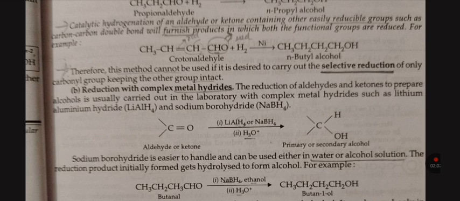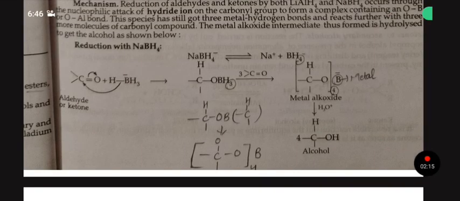For example, butanal in the presence of NaBH4, ethanol and H3O+ will give butan-1-ol. Mechanism: reduction of aldehydes and ketones by both LiAlH4 and NaBH4 occurs through the nucleophilic attack of a hydride ion